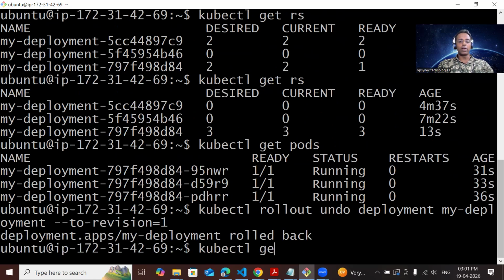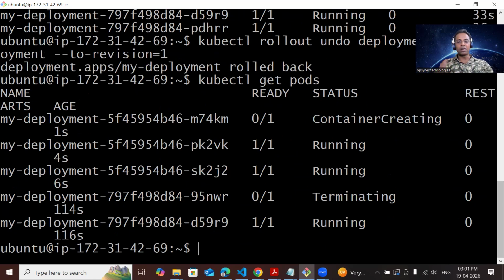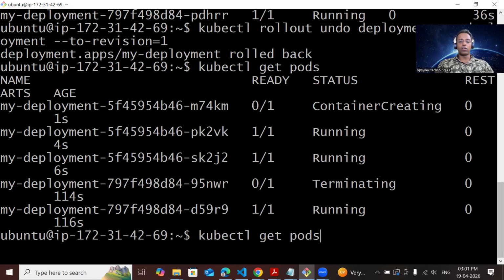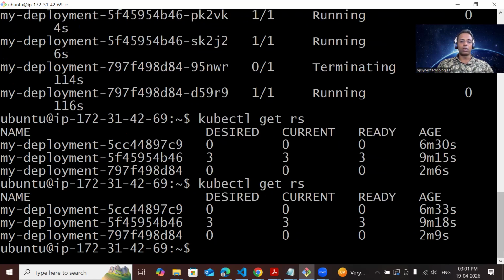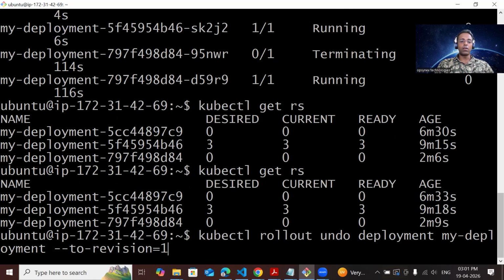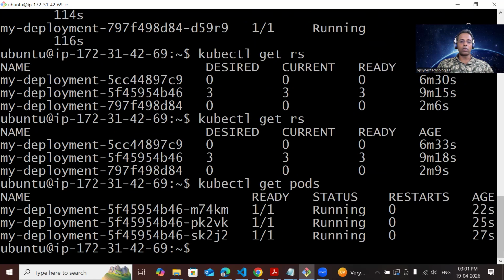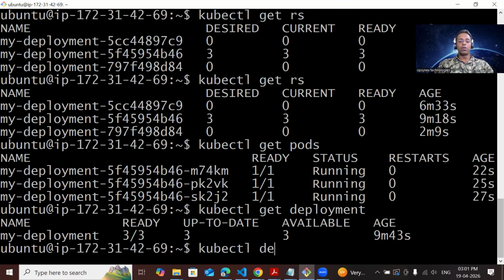now if I say kubectl get pods, you can see here, right? Some are creating, some are terminating. If I check get replica sets, we can see that we still have only 3. So basically it reused the same replica set, and when I check, everything works fine. So this is the way we can roll back. We can check with kubectl get deployment and kubectl describe